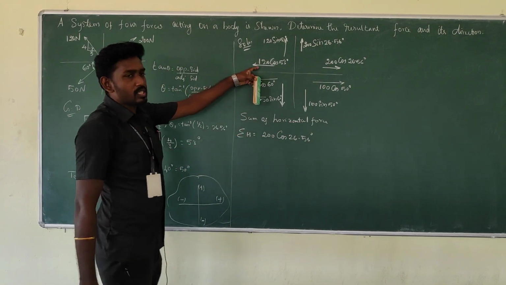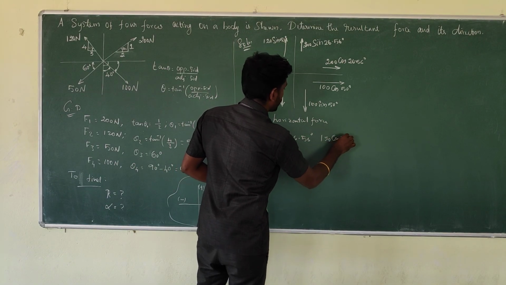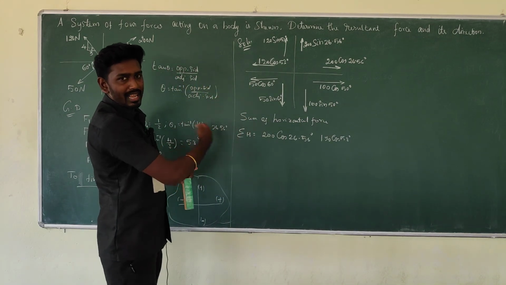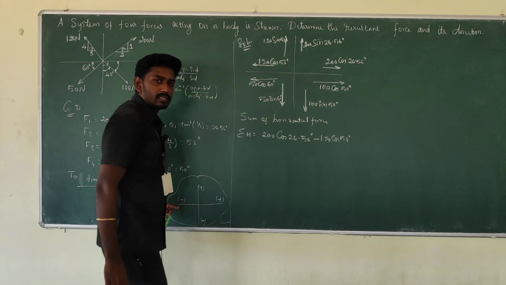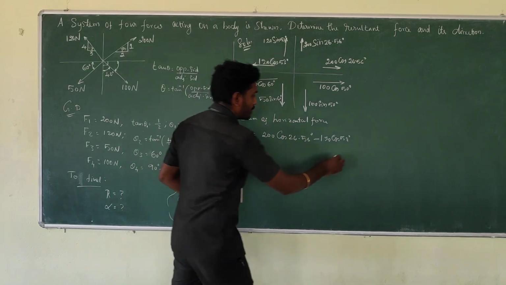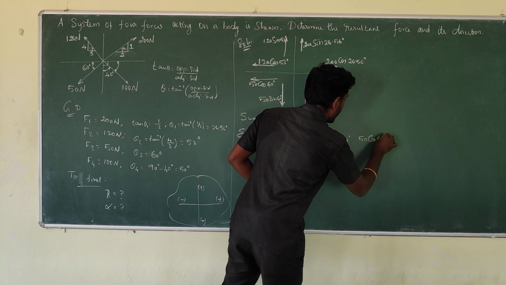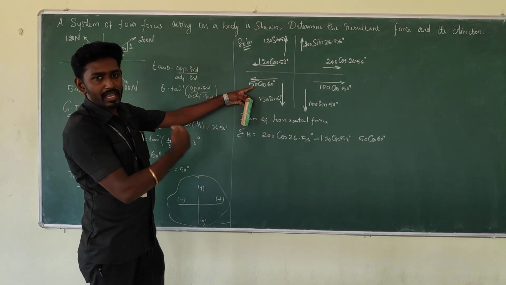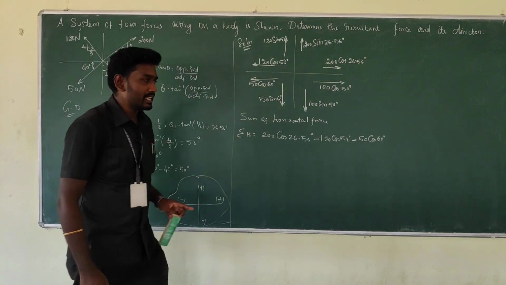And then for this 120 Newton force, 120 cos 53 degree, where it goes? It moves to the left. Left in the sense it's a negative sign, so it carries minus. And then 50 cos 60 degree. Try to find the sign. It is directed to the left. Similarly, the last one. So just give the minus sign.